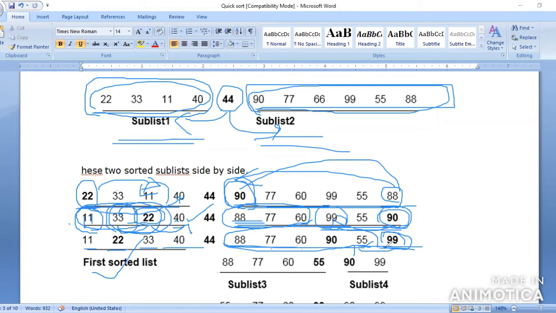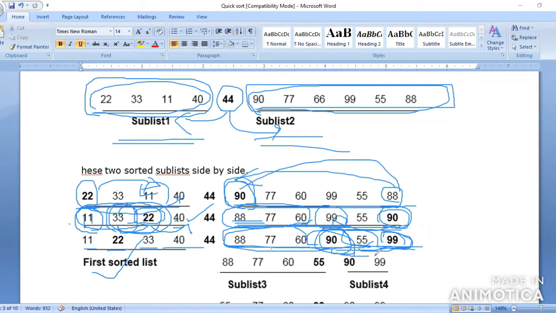Okay, now you can check 99. Next I am choosing the pivot element as 90, because for 90, the less than values are all correct, but the greater than value is not in the correct position. One is greater, one is lesser. Now I am choosing the key element as 90.